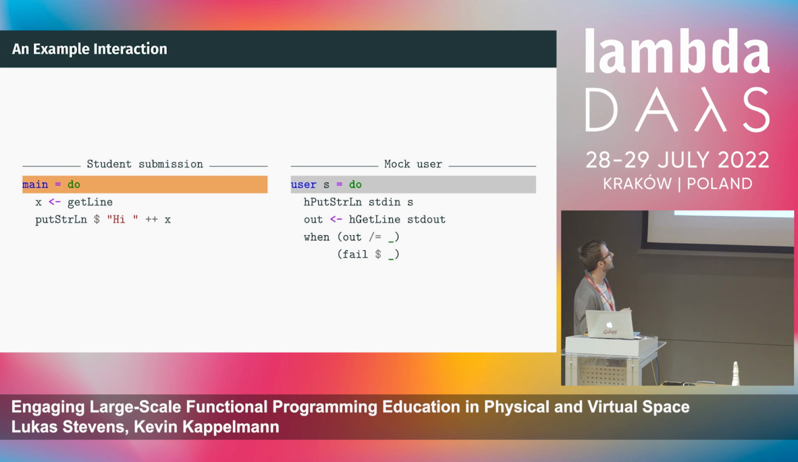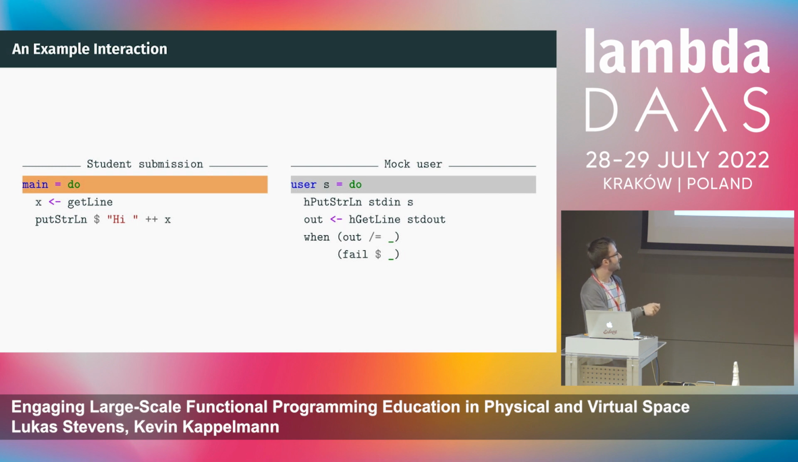And now, here is basically the purpose of this monad: you can model blocking operations. Here we have a very simple example of a student submission that just reads some name and then outputs "hi" and the name, and the mock user just tests whether